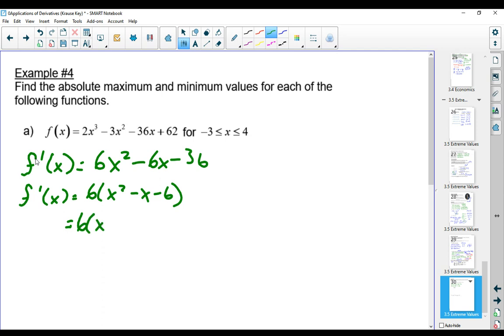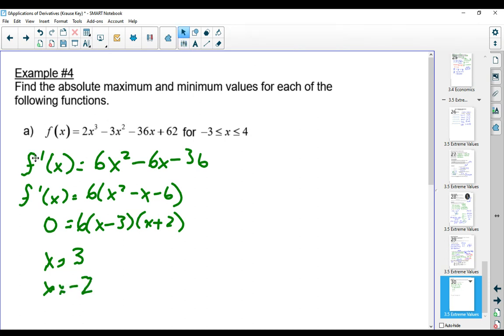And 6 times x minus 3 times x plus 2. So our critical points when we set that equal to 0 are going to be x equals 3 and x equals negative 2. Now, once we have our critical points, then to determine our absolute max and mins when we're on a very specific interval is to first plug in our critical points into the original function to see where